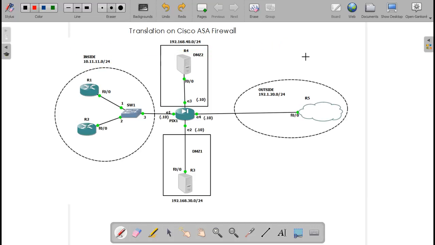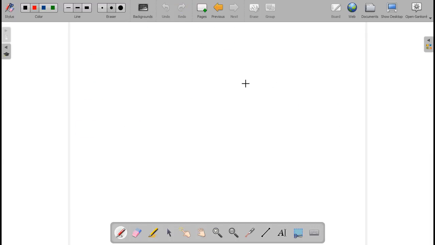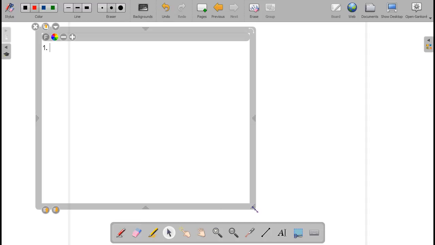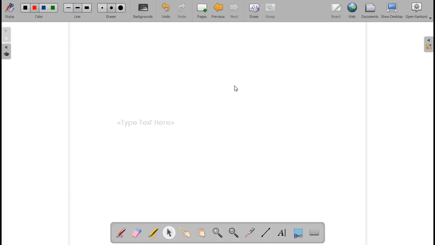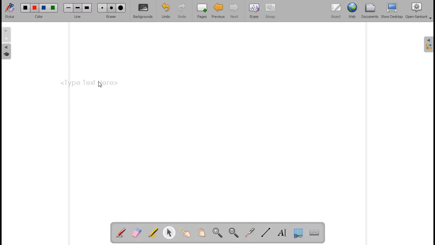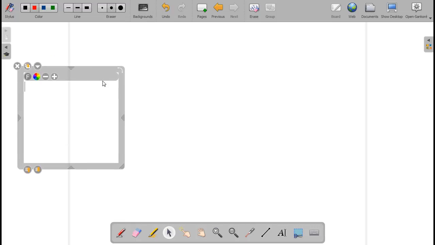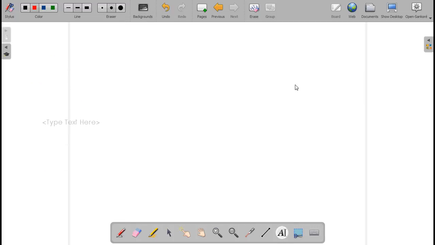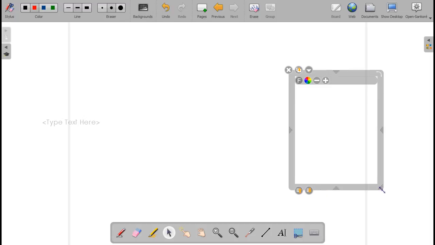we'll look at some of the translations. For example, the different translations available on the Cisco ASA firewall. I'll do it category-wise, that's better. You will have dynamic translations, and you will have static translations. These are the types of translations.